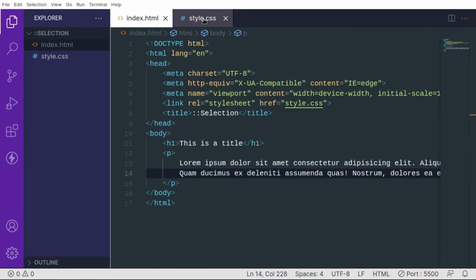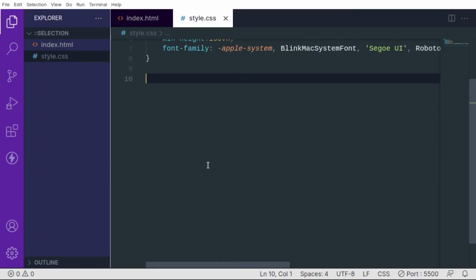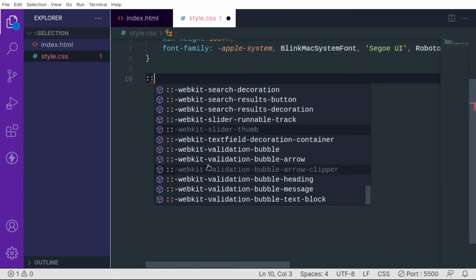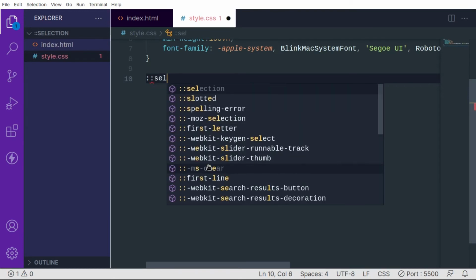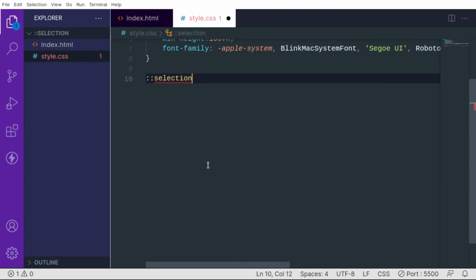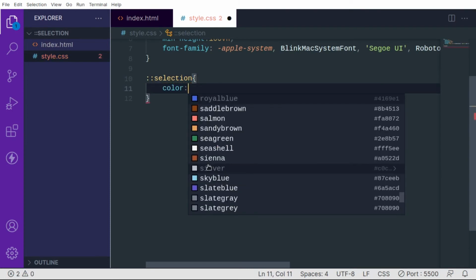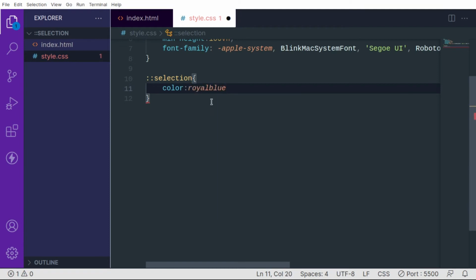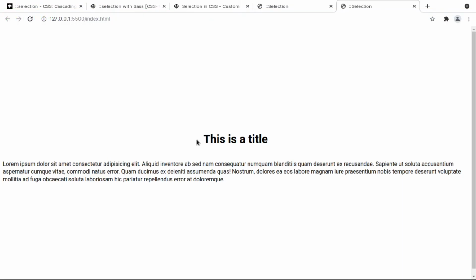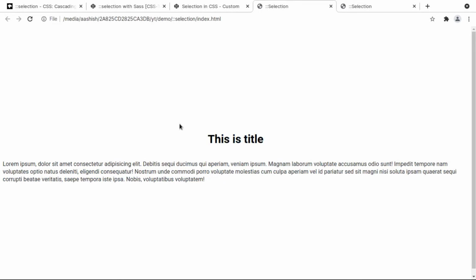We are just going to use our selection pseudo element, as I already said earlier. This is the thing we are going to use, and inside in here we can just define the properties. I can just change the color to royal blue when you select. So when I save this and go back to the browser, if I select anything, its color is going to be changed into the royal blue like this. This is a kind of cool thing you can do, and it looks better than this thing in here.